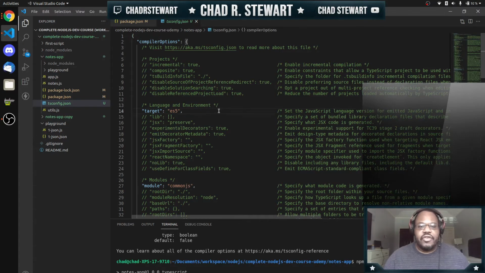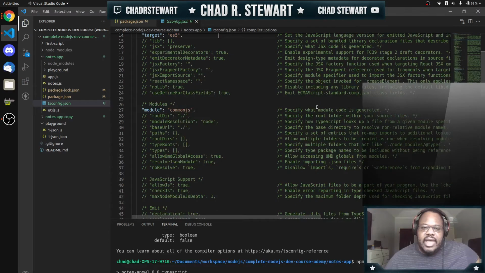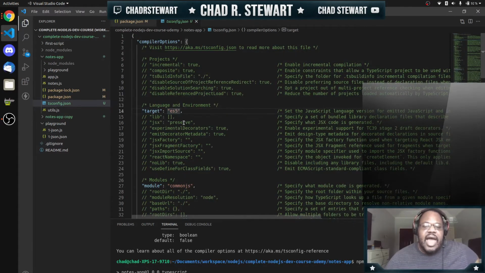Right. So what I am going to do is there's a few things that I do. I set this to ES6. I don't think I need to, but I set this to ES6. I probably shouldn't. In fact, I am not going to. I'm not going to set that to ES6. One thing I will do though